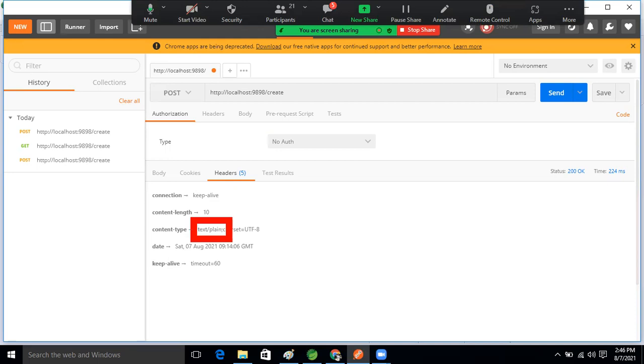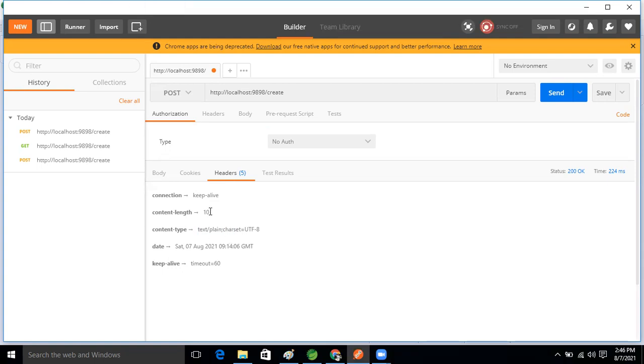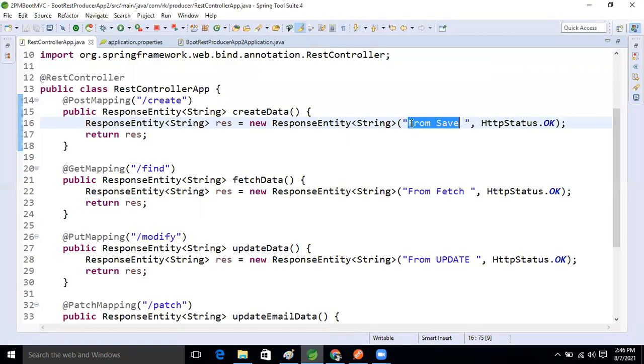And what is the length of that string now, guys? It's saying 10. Yes, it is correct. One minute: 1, 2, 3, 4, 5, 6, 7, 8, 9, 10. Ten is correct, guys. Ten length is going.